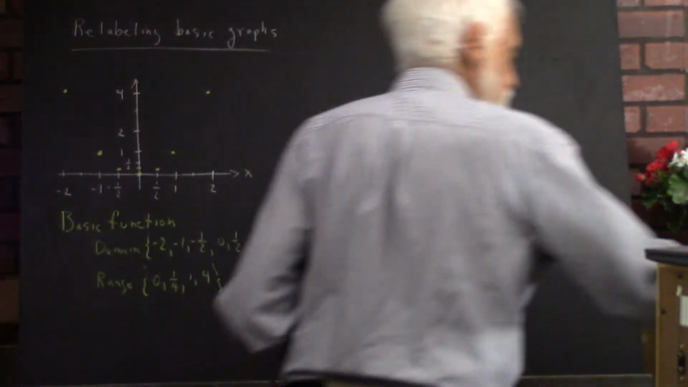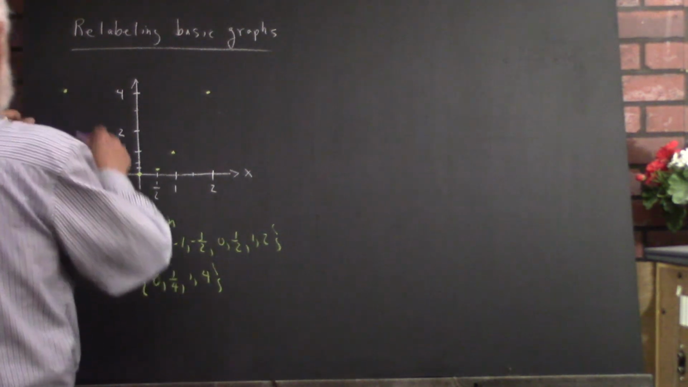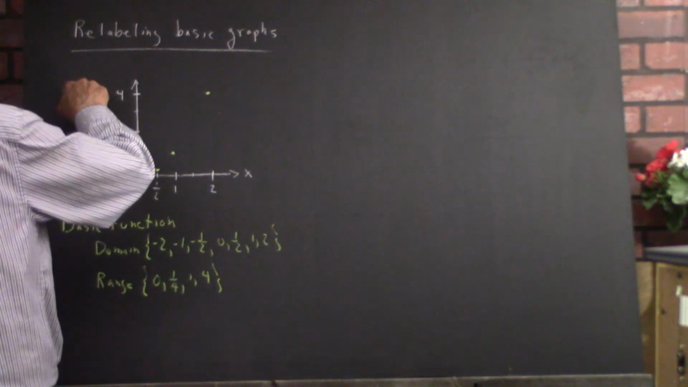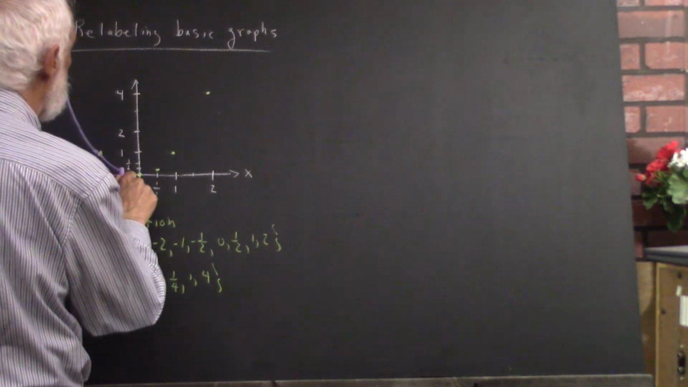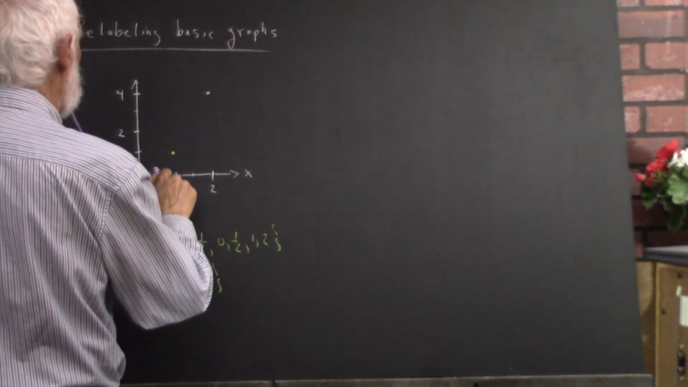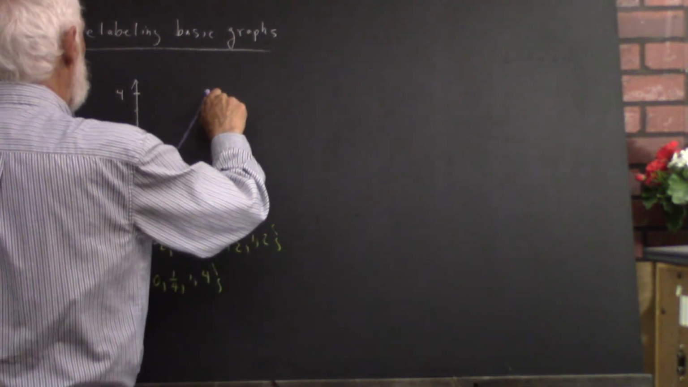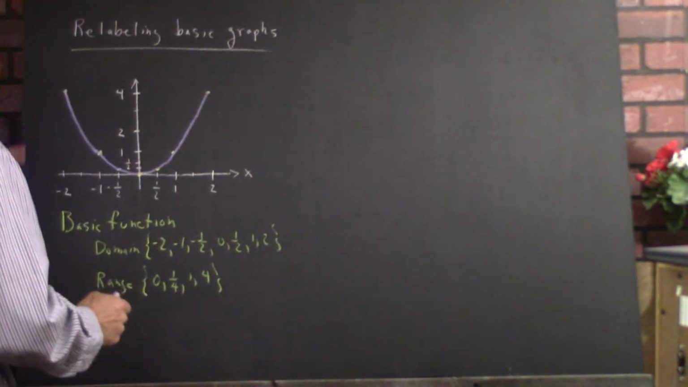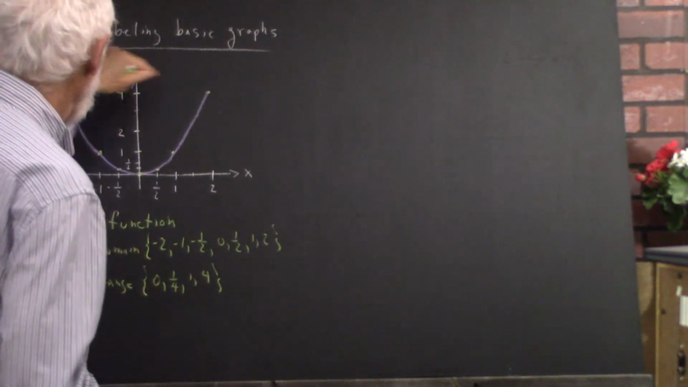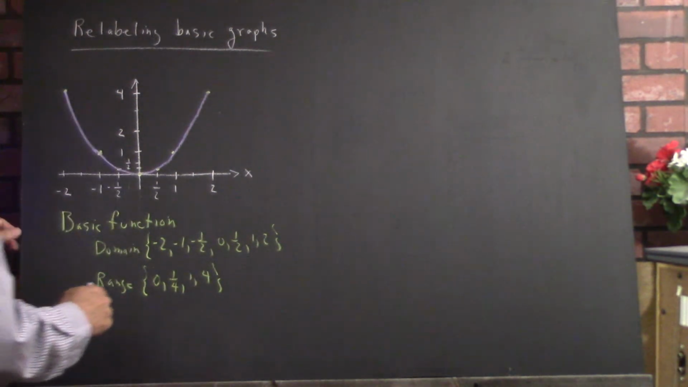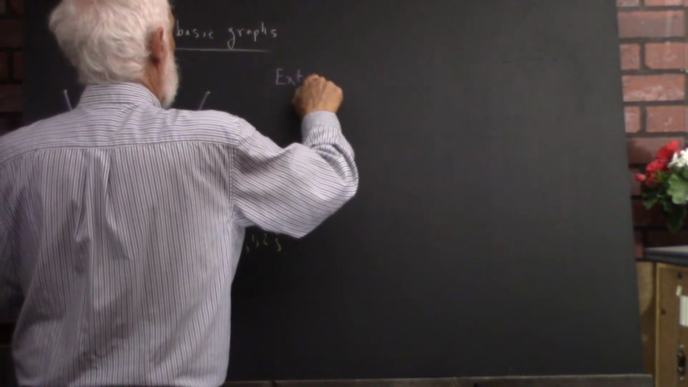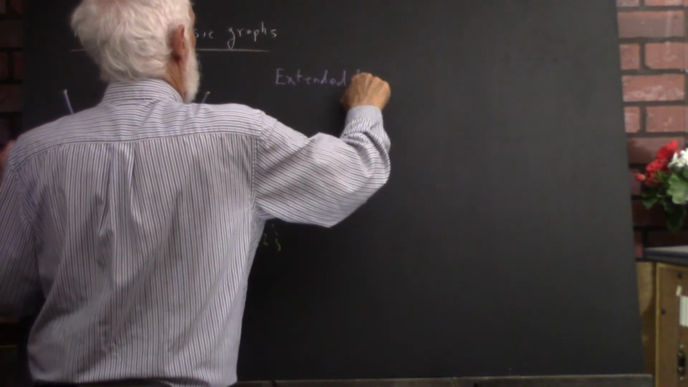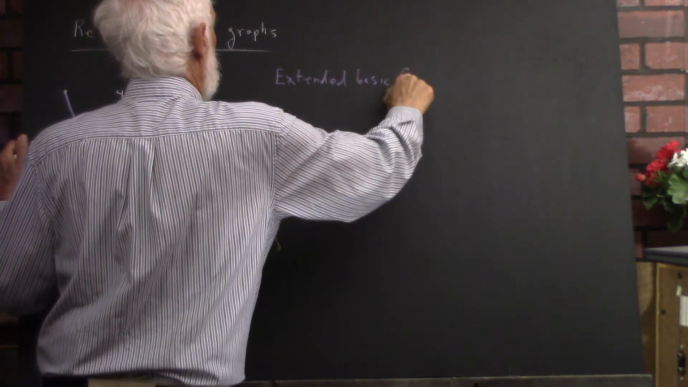That's the wrong color to use. Okay, let me use this one. Okay, the extended function is represented with some accuracy depending on how well you've drawn the graph by the curve from here to here. Okay, so the extended basic function